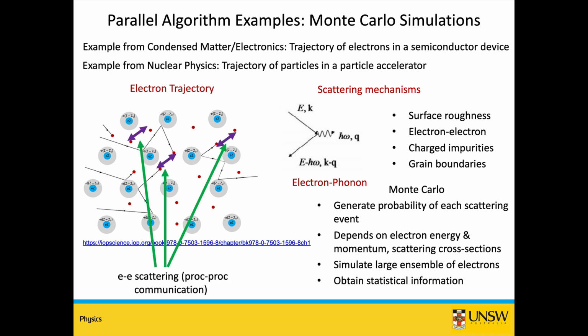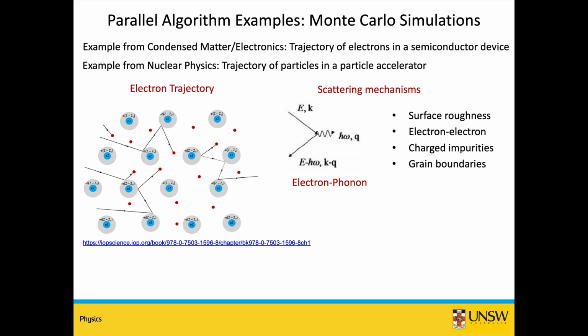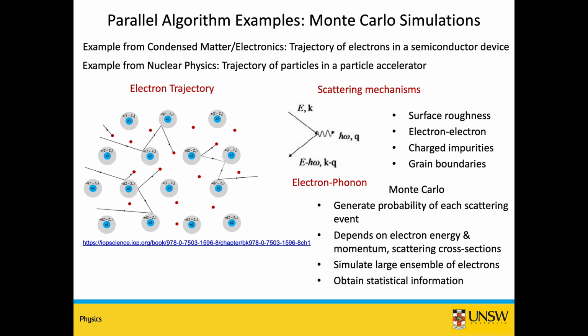And you can also have scattering between the electrons, electrons colliding with other electrons. So the idea is to generate some random number that represents the probability of each scattering event, and then we simulate the flow of the electrons in time through the lattice, and then roll the dice, generate some probability of scattering, and implement that scattering probability and how it changes the path of the electron, the energy and the momentum of the electron. And then we again